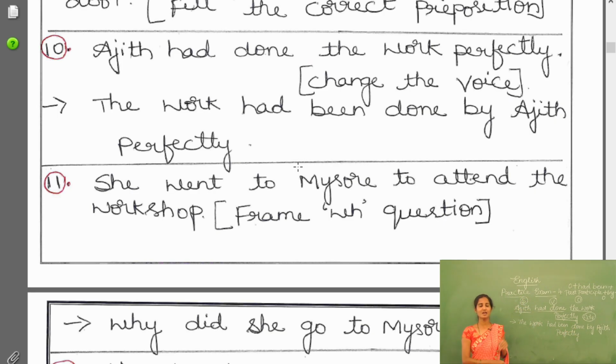So again I will repeat, when you change the sentence from active to passive, you have to keep in your mind the 4 steps. First step is change the position of the subject, place the object in the place of subject and subject in the place of object. Before that, the helping verb and the main verb. Main verb, it will always be in the past participle form. In the passive form, verb will always remain the same. It will be in the past participle form. Okay. So depending upon the tense of the sentence, you have to change the sentence from active to passive.